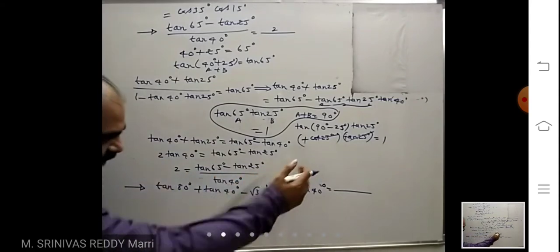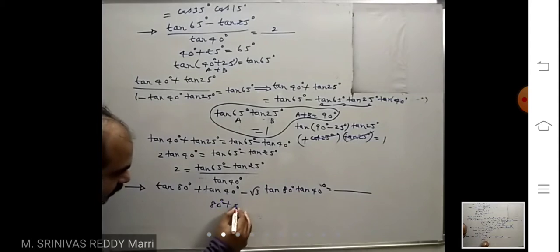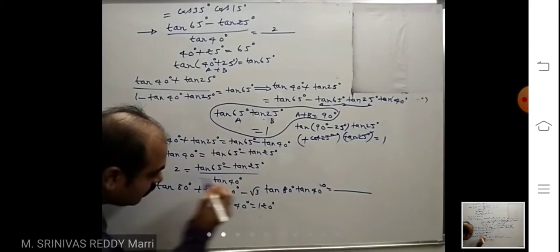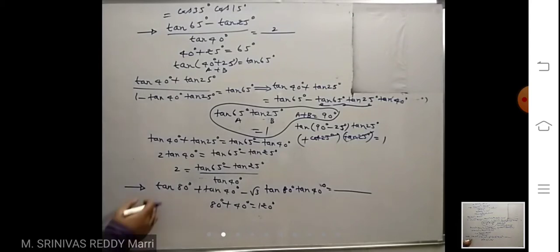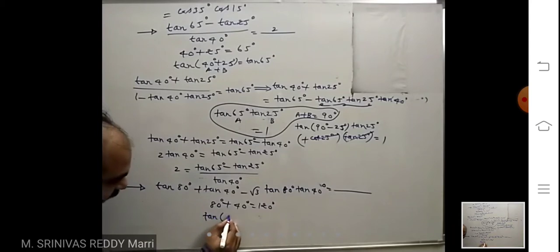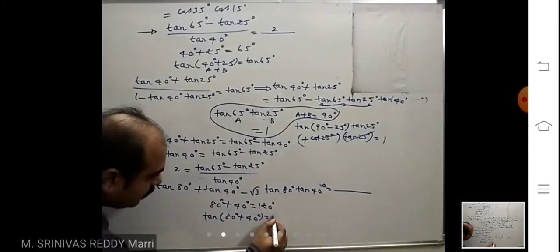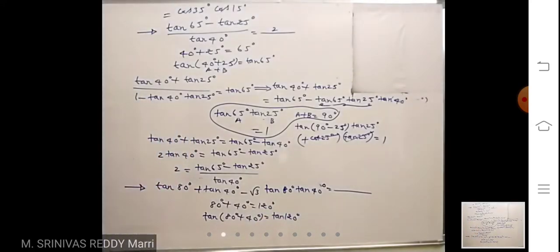Now look at, in this problem two angles are there. Now the sum of them is what? 120. The sum of them is 120. That can be found out. If you apply tan on both sides, tan 120 can be found. That is a tabular angle only. I am applying tan equal to tan 120 degree. Now I can find out tan 120 degree.